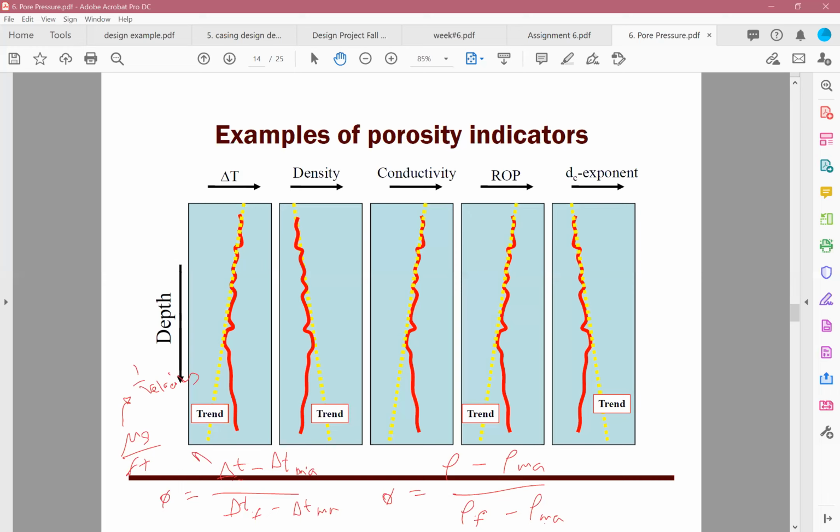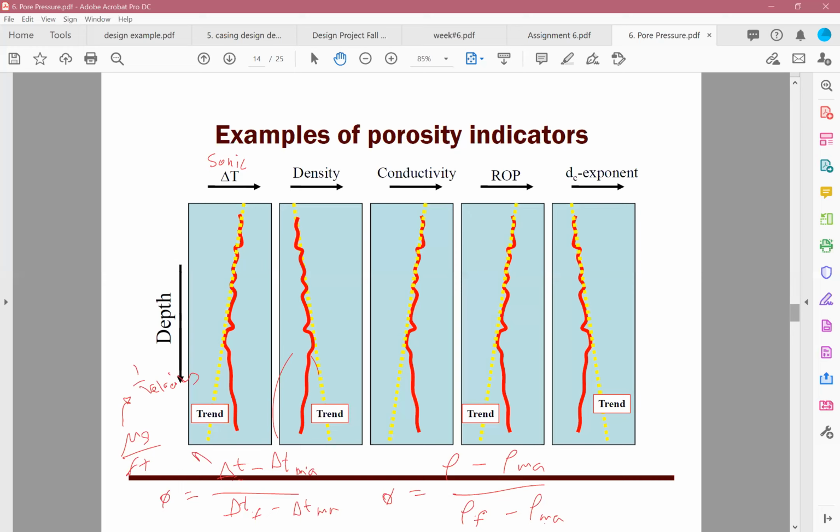Now, delta T indicator, this is the sonic log. This is the density log. Density should increase with depth, but if you see that your density is not really increasing anymore, that's a trend that shows that you have an abnormal formation. The delta T should basically drop as you go down,